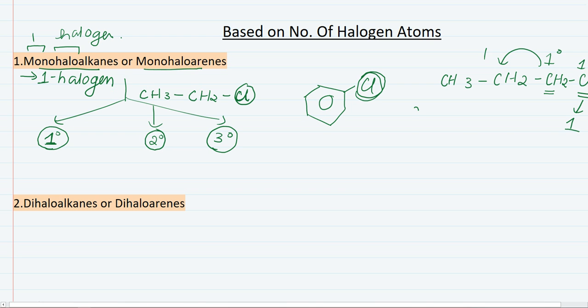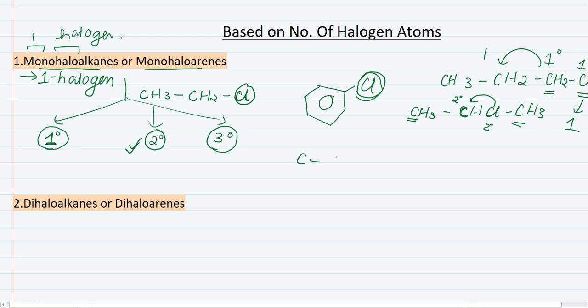Again, another example I'll give you is of a secondary halogen atom, which is CH3CHClCH3. Here you can see that this carbon atom is attached to two carbon atoms, 1 and 2, and the chlorine atom is attached to this carbon atom. This is your secondary carbon atom and this is your secondary halogen atom, and hence we will say that this is a secondary